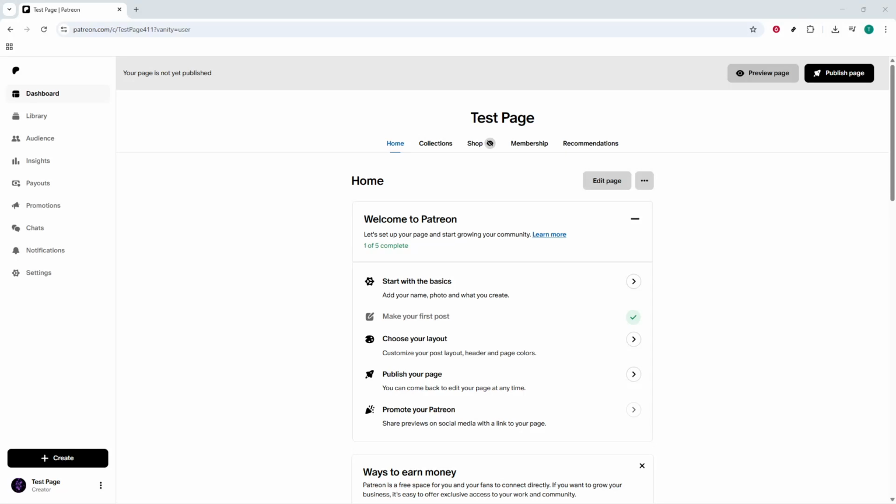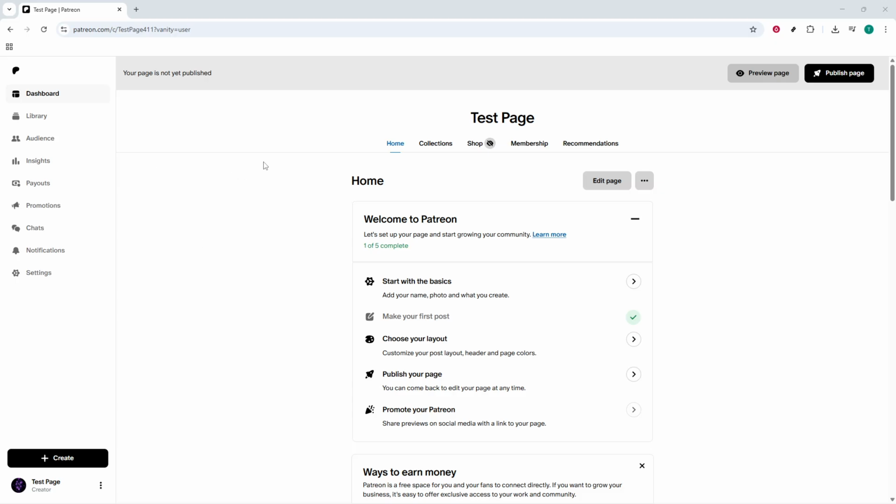In today's video, I'm going to teach you how to delete a tier on Patreon. If you're cleaning up your membership options, consolidating perks, or retiring an outdated level, deleting a tier can help keep your page clear and easy for supporters to understand. I'll walk you through the process step by step and share a few quick tips so you feel confident before